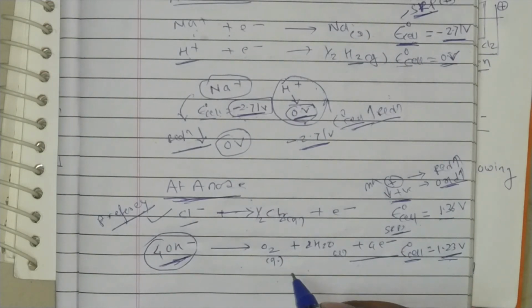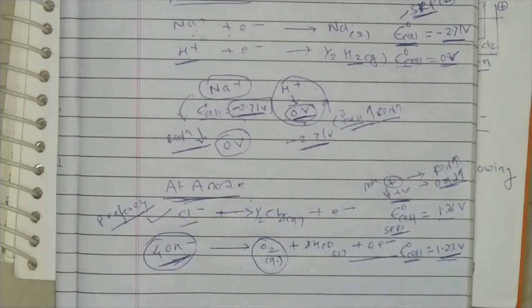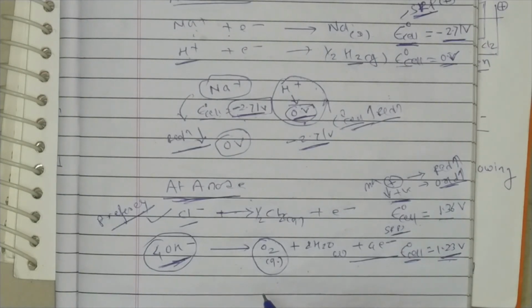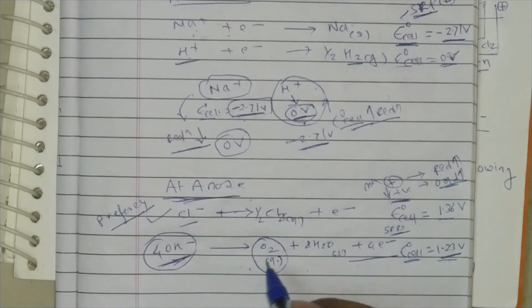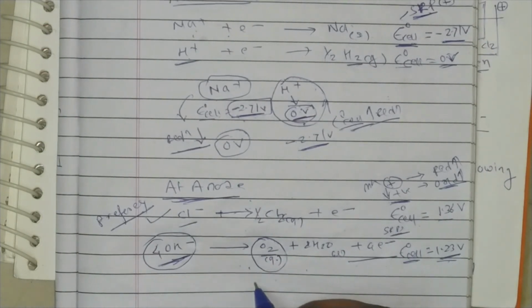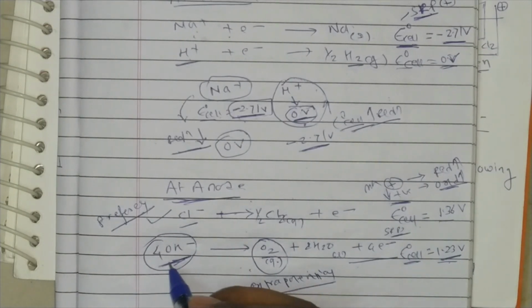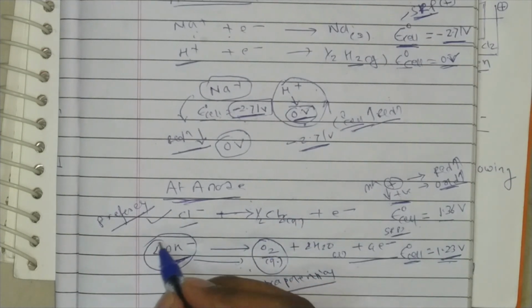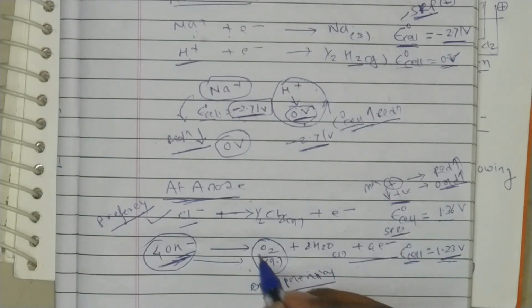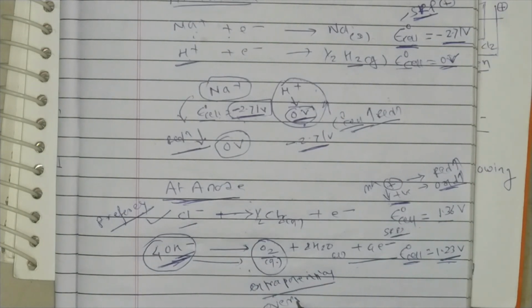अब यहाँ पे कॉन्ट्राडिक्शन होने के पीछे लॉजिक ये है कि here there is a formation of O2, that is oxygen gas, and as we have seen in the case of overpotential, when such type of gas is formed, extra potential is required for carrying out an electrolysis. तो यहाँ पे जब ऑक्सीजन गैस प्रोड्यूस होगा, तो हमें थोड़ा एक्स्ट्रा पोटेंशियल देना पड़ेगा for carrying out this particular reaction, that is for oxidation of OH minus and for formation of the oxygen gas. सो एक्स्ट्रा पोटेंशियल और ओवरपोटेंशियल की यहाँ पे ज़रूरत पड़ेगी.